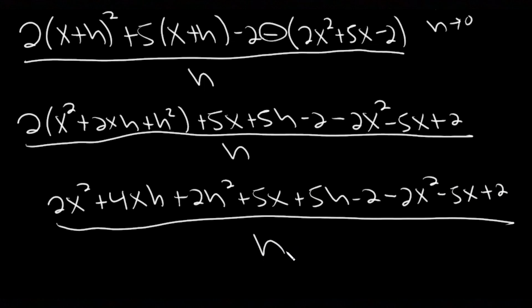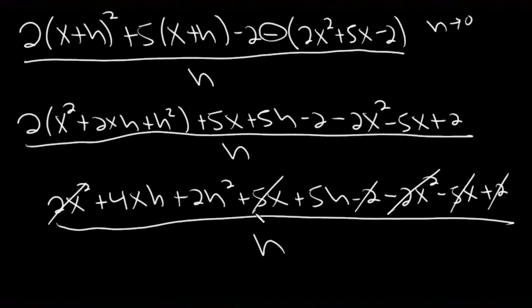Okay, can I clean up my numerator? And yes, I can, right? There's going to be some terms that will cancel out here. So I have a 2x squared and a negative 2x squared. Those cancel. What else can I do here? Well, I have a positive 5x and a negative 5x. That cancels. I have a negative 2 and a positive 2. That cancels. And from here, there's nothing else I can really do, but I'm going to go ahead and rearrange